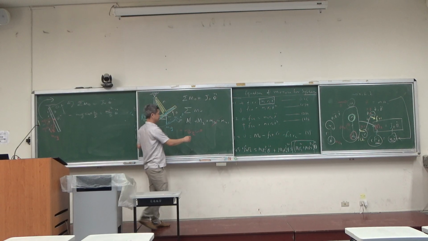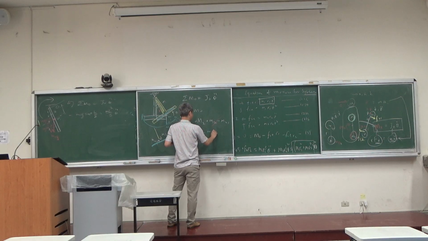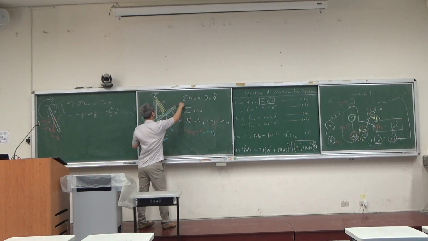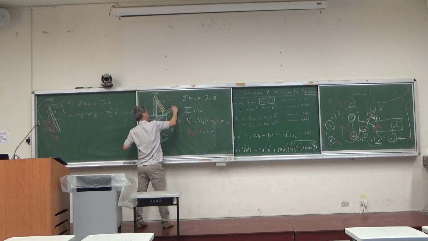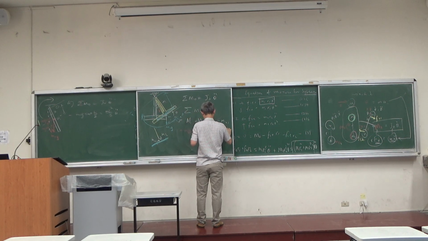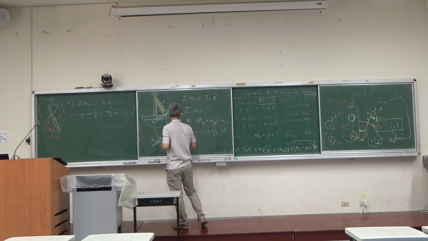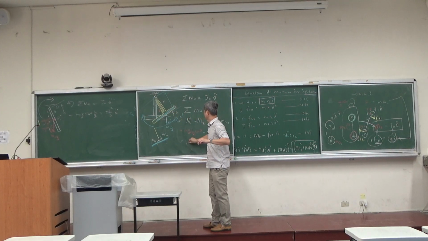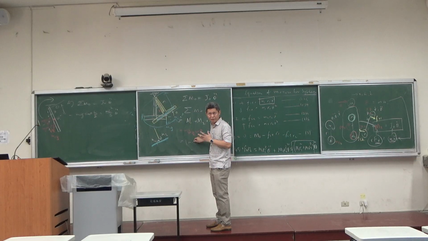So you now have M2g, but because the distance from the pivot is L, you write L sine theta. That sums up to be equal to your